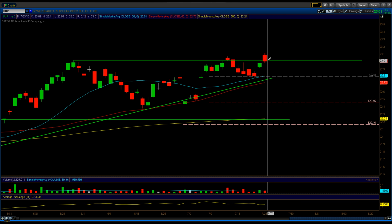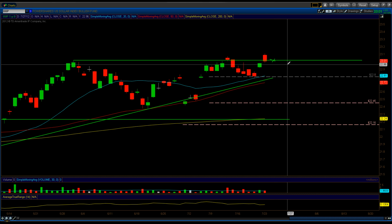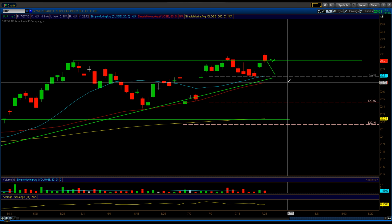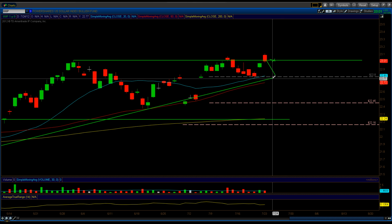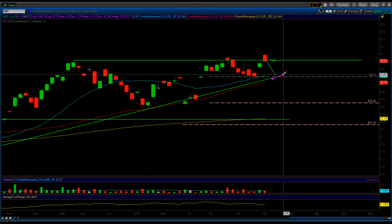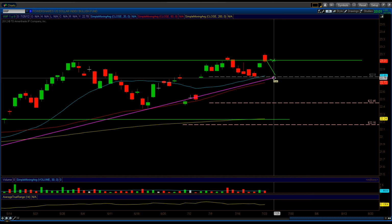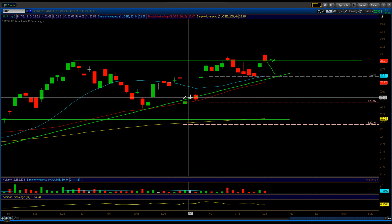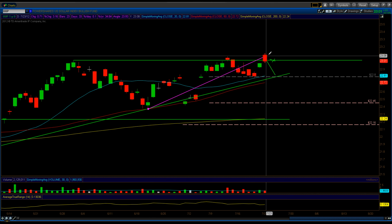break out, because we closed below this upper resistance line there. We closed below it, so that shows weakness. That shows that there's a possibility that we may actually come back down to retest that 2280 level, or at least this upper trend line over here. I mean, that's definitely a possibility. I would not rule that out. That's something again that we have to watch out for, and